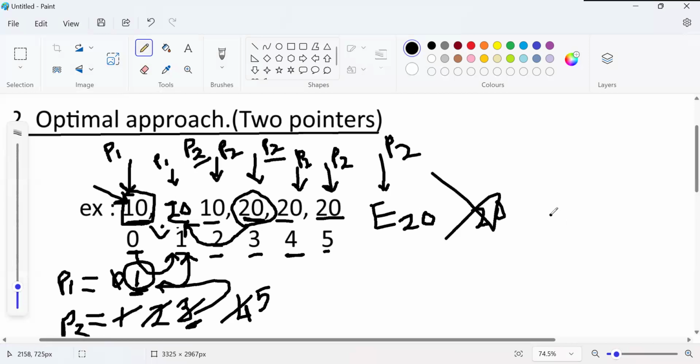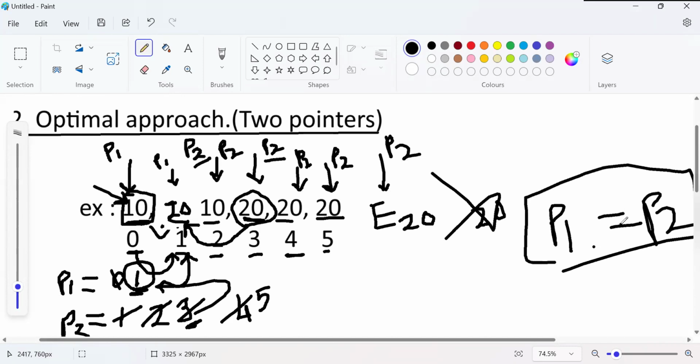What we are doing every time, we are comparing whether the values at P1 index and P2 index are same. If they are same, we are simply moving our P2 one step ahead. If they are not same, what we are doing? We are moving P1 one step ahead and updating the value with P2's value. Okay, we moved P1 from 0 to 1 and updated with the value of P2. Right? That's all. And then we need to simply return